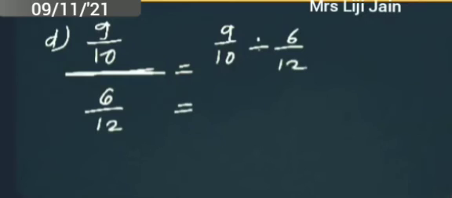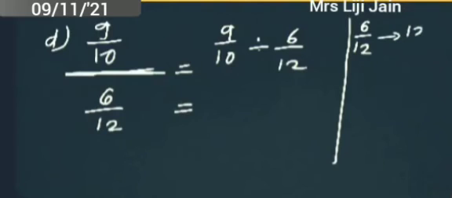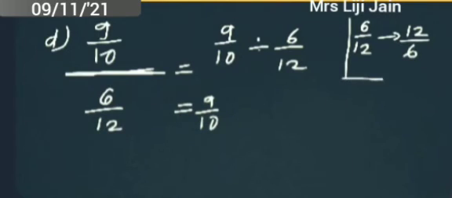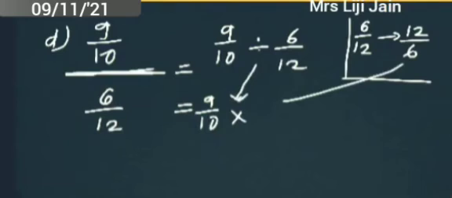Okay. Now we can apply the rule for division. What is the rule for division? Find the reciprocal of the denominator fraction and multiply. Which is the denominator fraction here? Yes, 6 by 12. Its reciprocal is 12 by 6. So what has to be done? Write the first fraction as it is. And for the second fraction, we have to multiply with its reciprocal. So division has to be converted to multiplication, and instead of 6 by 12, we have to write 12 by 6, isn't it?